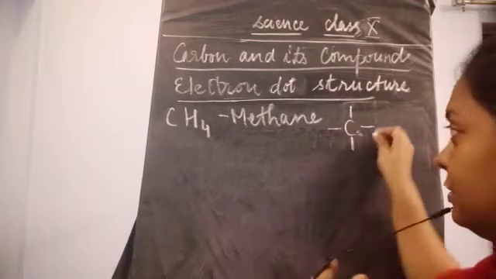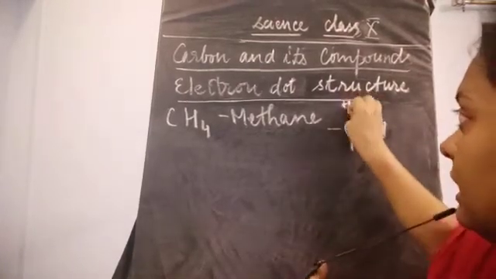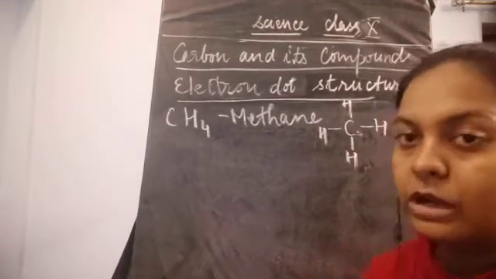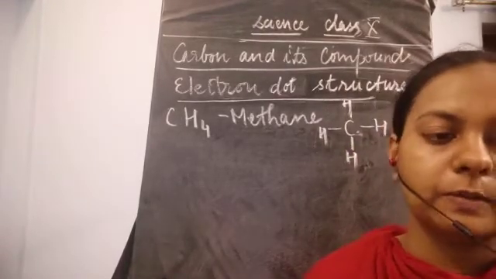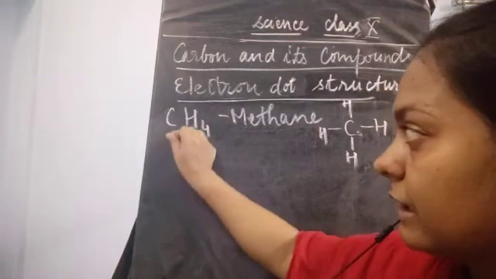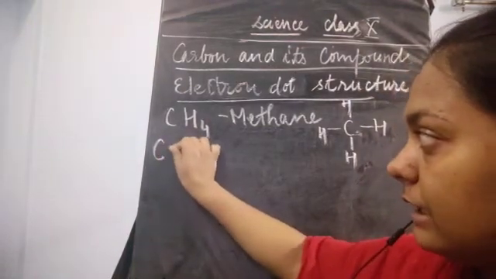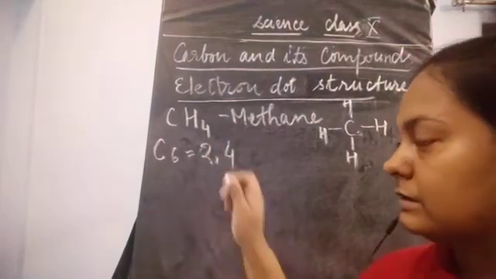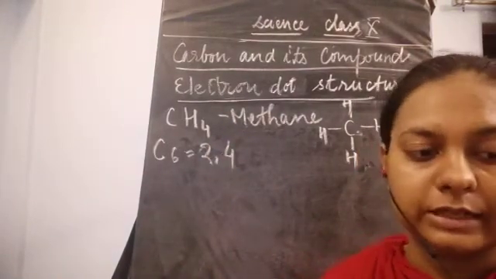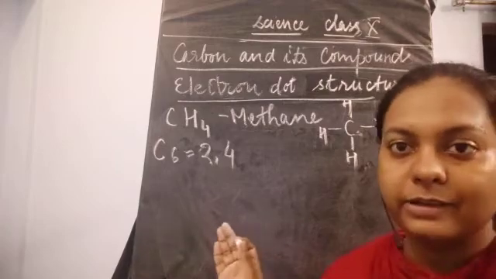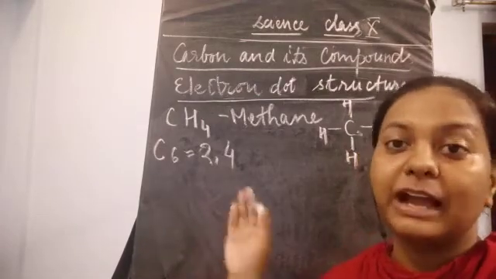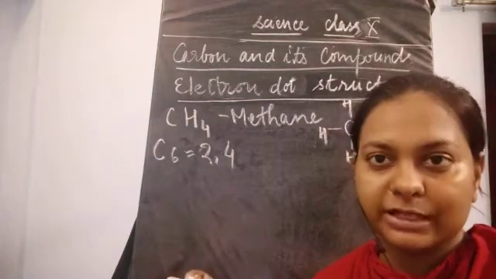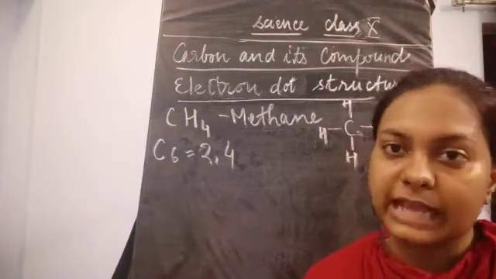4 hydrogens will be satisfying these 4 electrons of carbon. Now if we need to draw the structure of this methane, first you should write the electronic configuration of carbon, that is 6. It means 2, 4. The last shell has 4 valence electrons. I think now you would have learned it by heart, because a number of times I have told you that carbon has